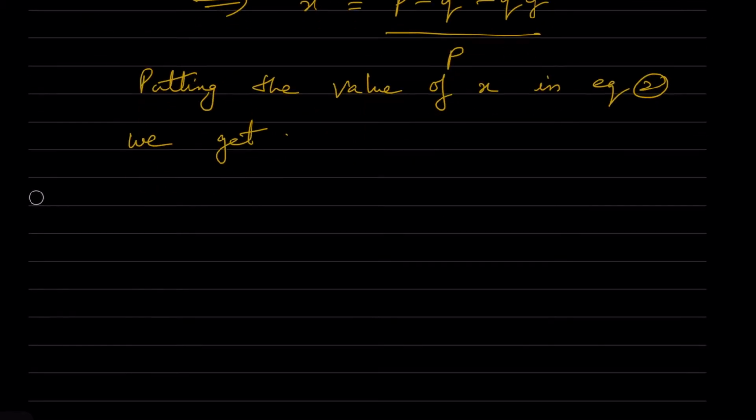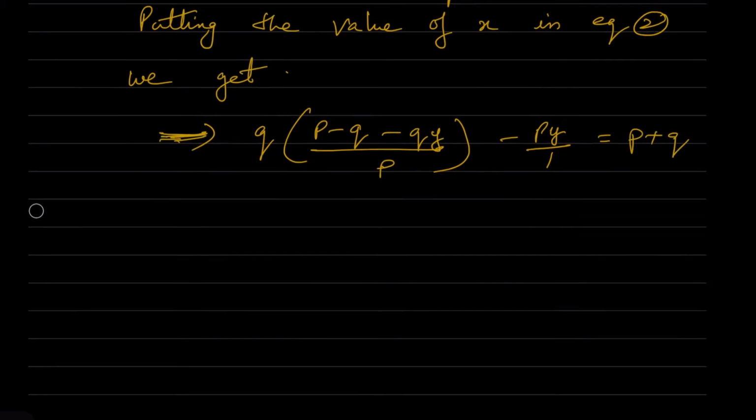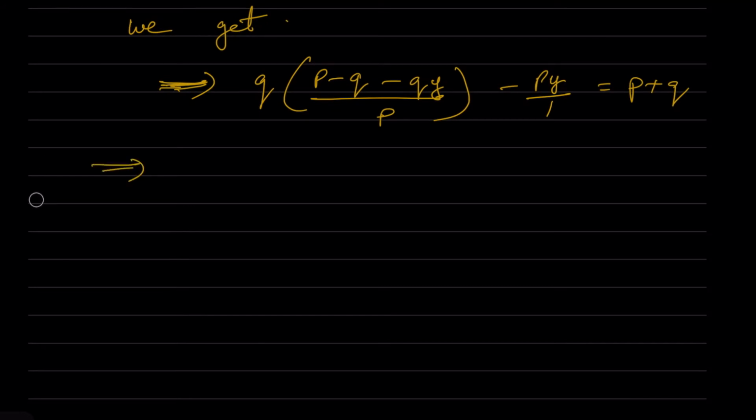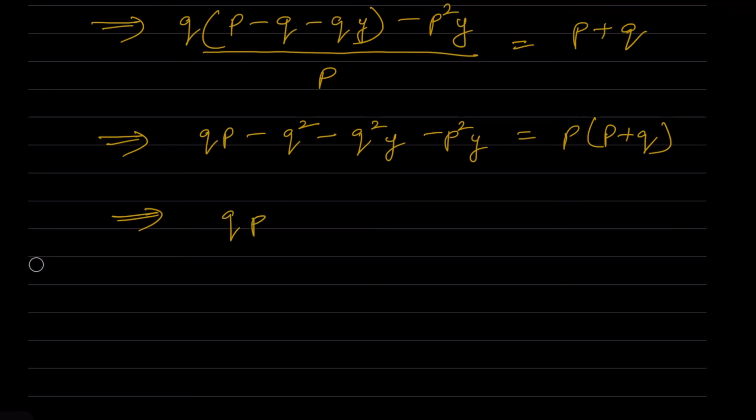So we get q into p minus q minus qy by p minus py by 1 is equal to p plus q, which implies, take LCM over here, q into p minus q minus qy minus p square y by p is equal to p plus q. Then in the next step we cross multiply,